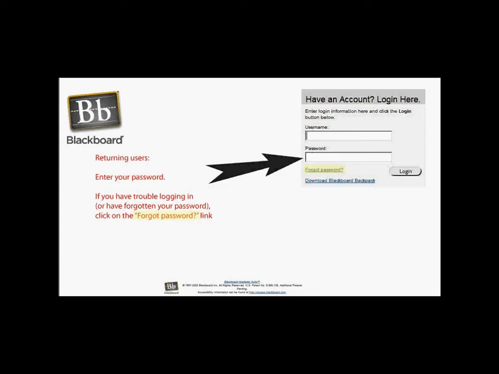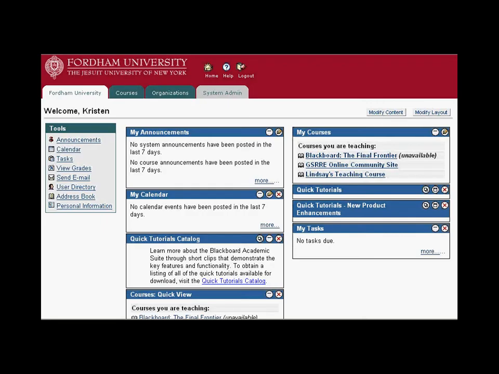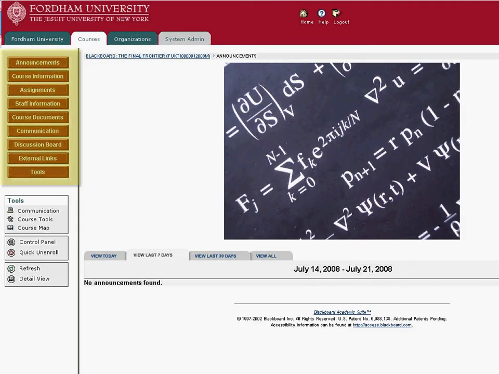Once you log in, you will see the Fordham University Blackboard page. You can use the modules to navigate through the site. To get to your courses, you click on the course that's listed in the My Courses module. Once you click on your course, you will use the navigation buttons on the left to view different areas of